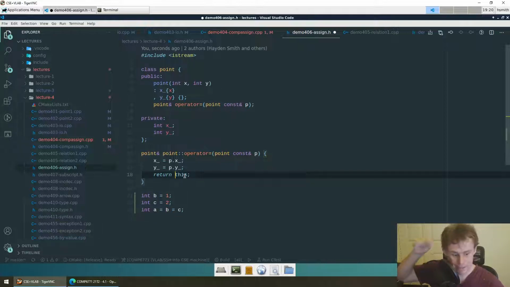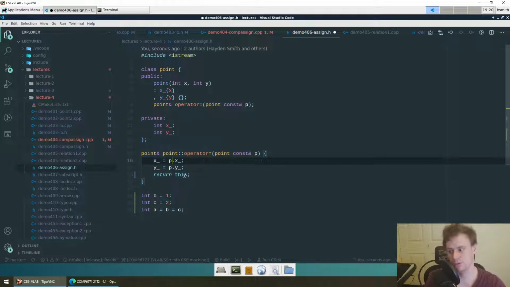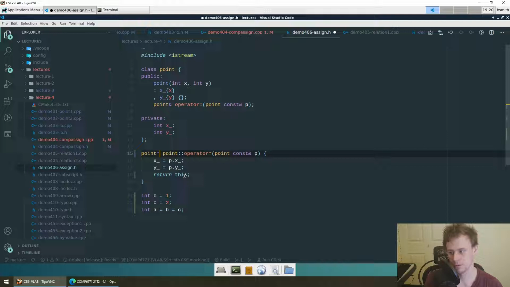So that's why we return ourselves, because that's just standard semantics. You can't just return this, because this is a pointer to the object that you're working on. This is not the same as Java. In Java everything's a reference, but here this is an actual pointer in memory. So if you returned this, you would have to return a type Point star, and that wouldn't fit with the C++ standard and expectations. That wouldn't be useful. That would be potentially dangerous. There'd be very few cost improvements to that. So that's why